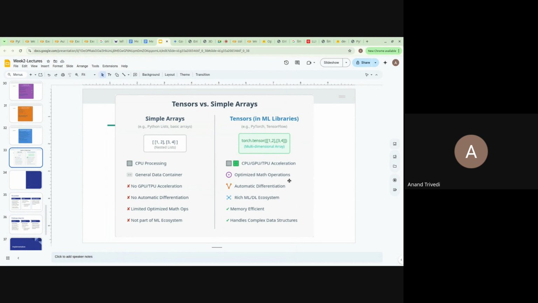Optimized math operations. Everything here is matrix multiplication, the gates that you studied in your 10th standard. They're very efficiently doing the calculus inside it, and you don't have to do all of these things. They are memory efficient, consuming a lot less memory, and they're fast.